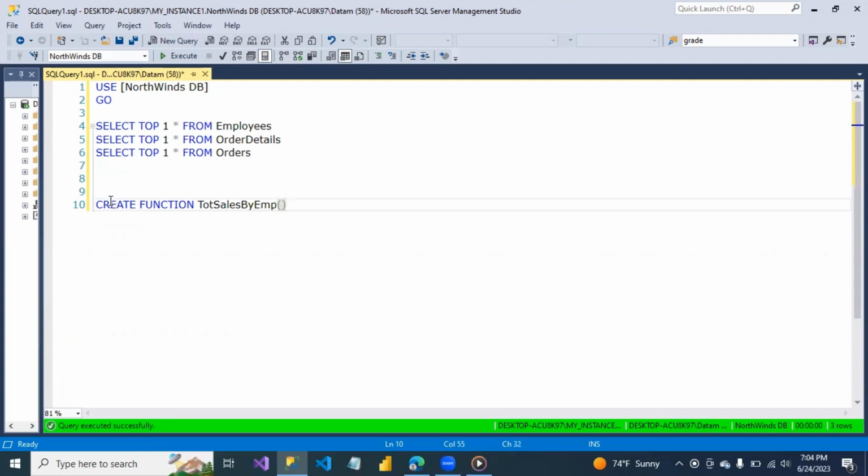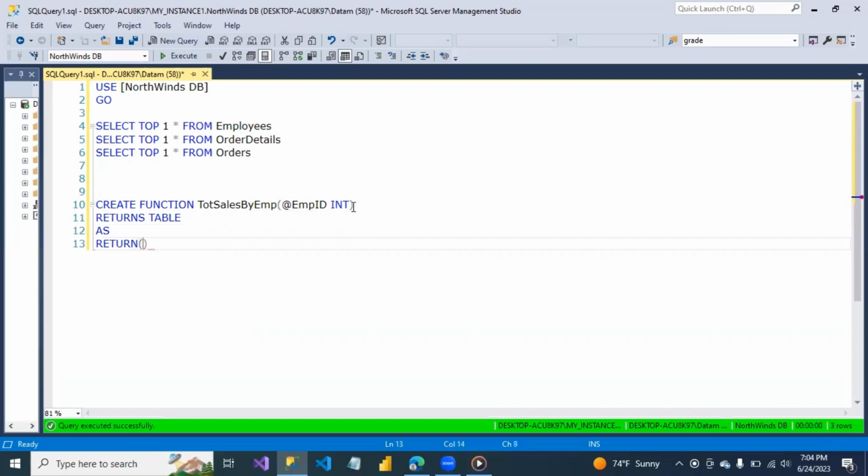And then we'll give it a parameter, which is @empID. We have to specify the data type, so we'll say int for integer, and go underneath, returns table as return,